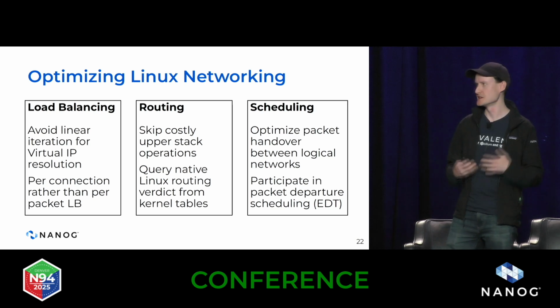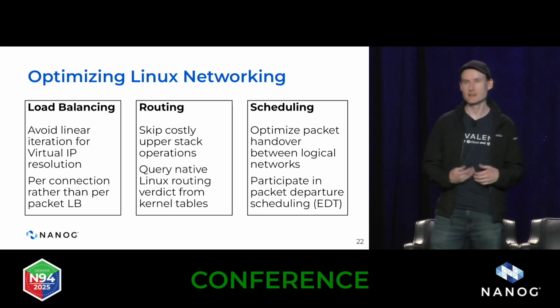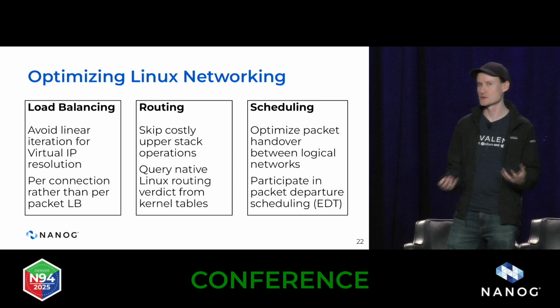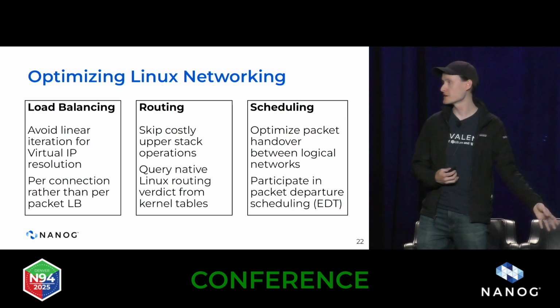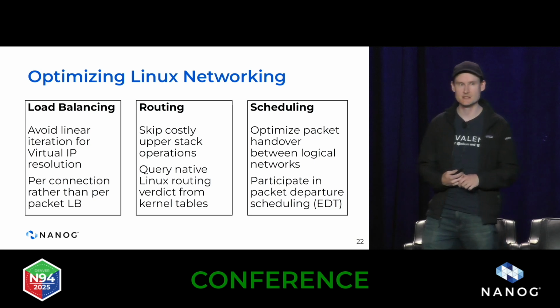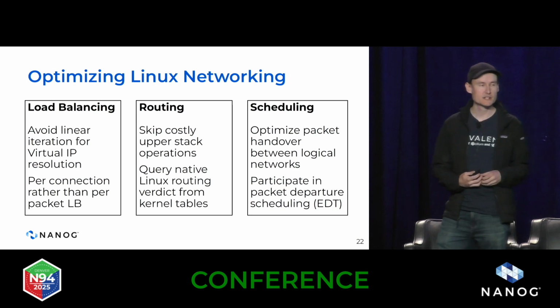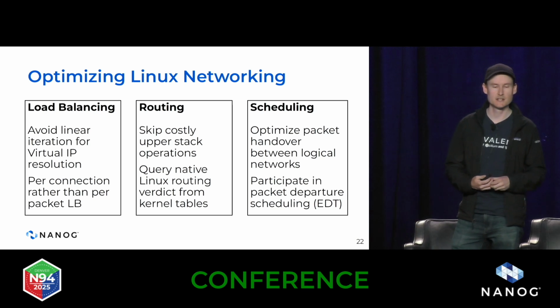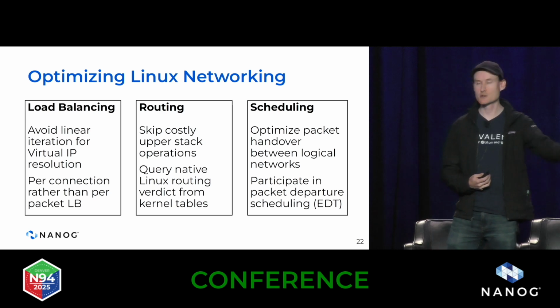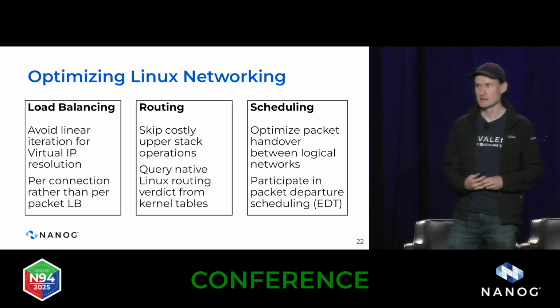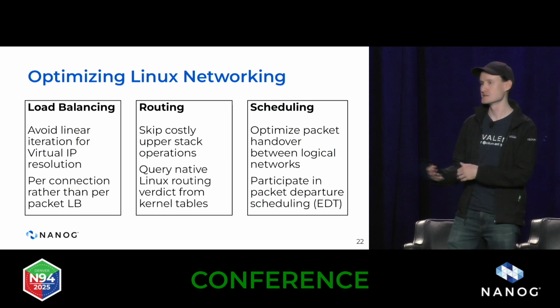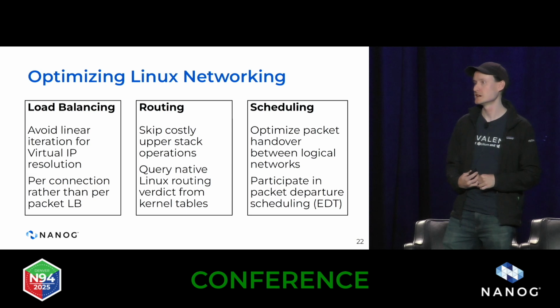And as you start to get these into the numbers of thousands, the iteration of that linear list to try and determine how you should forward packets starts to create a performance cost between all of your applications in your environment. By avoiding linear iteration and switching to a hash-based model, we were able to drastically increase the performance. Another thing that we looked into, and have implemented in Cilium, is to apply the load balancing decisions at the socket layer, so when an application makes a connect call, rather than at the packet layer and implementing the logic there. This way you can significantly reduce the number of operations, the number of CPU cycles we spend per connection on that load balancing decision.